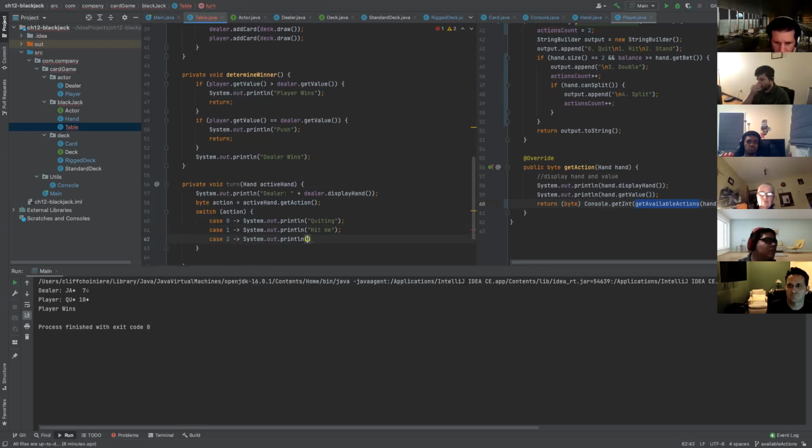Stand out. What's the universal sign for standing? Because we know in a lot of casinos they can be loud, so we also use hand motions to do certain actions in blackjack. Does anyone actually know the hand motion for staying? Is it waving? Yeah, wave hand, right? Hand. Case 3: